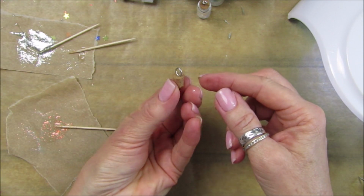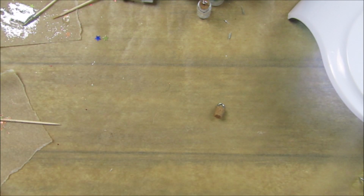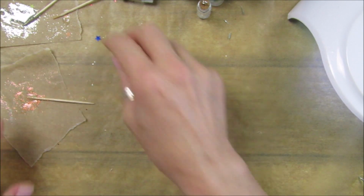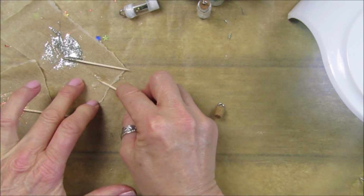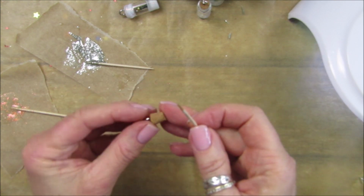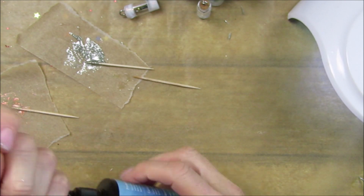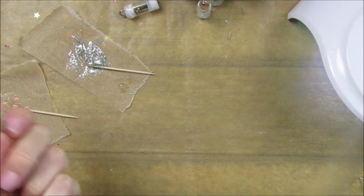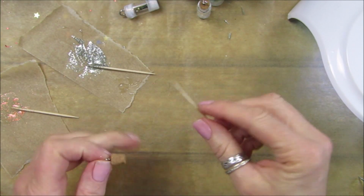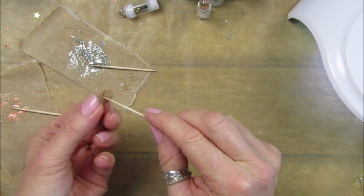And then we've got our little cork here as well. So what shall we use? We better use a little bit of clear. I think this is a little bit of clear again for the cork. Quite enough on there, is it? Don't really want to use the glittery bit on the top. See that flick up? Now I haven't got any of this on my hands, what I just did then,